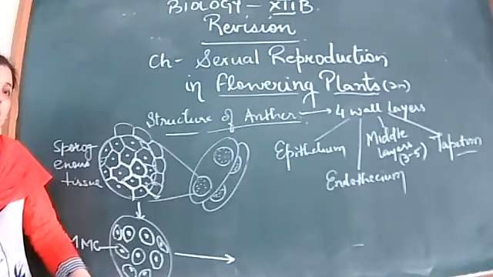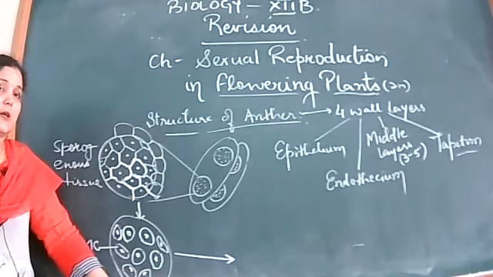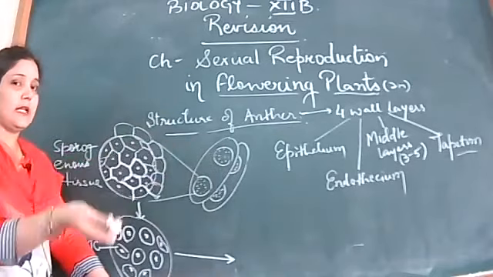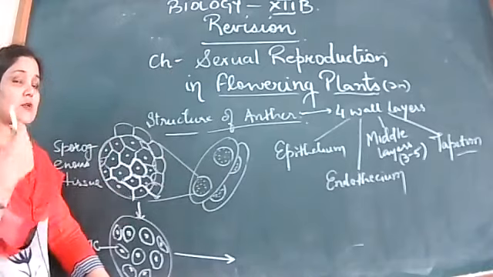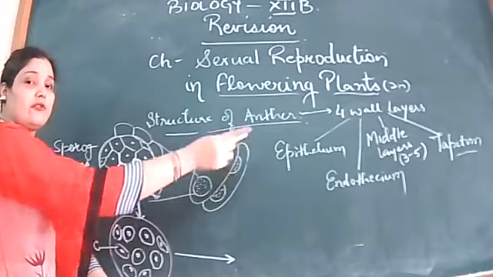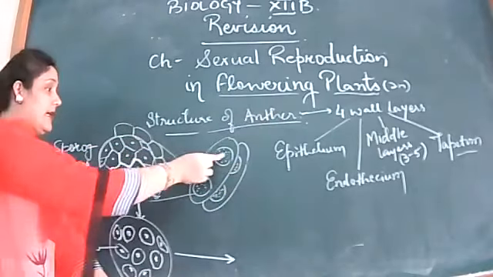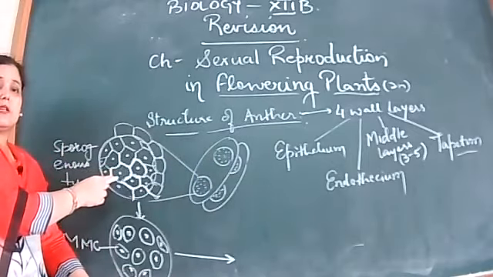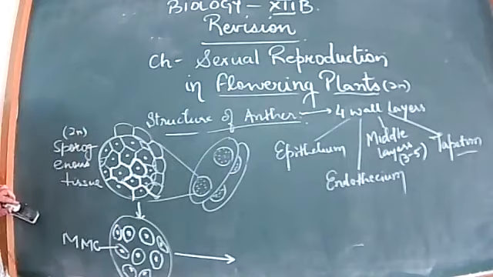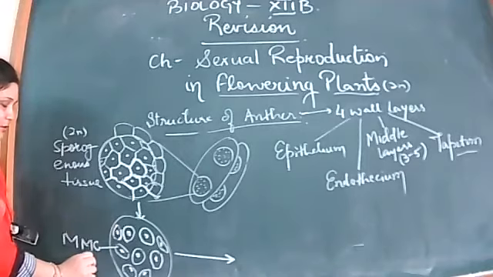This angiosperm being a diploid structure, all its various parts will also be diploid, except the gametes. So the branches here are 2N. The flower, the petals, the sepals, the anther, and the cells of the anther, each cell of the 4 layers I mentioned, are again 2N, right? The cells that differentiated into the pollen sac are again 2N. The sporogenous mass was also 2N. They have only differentiated with the presence of the tapetum around. So these are also 2N structures.